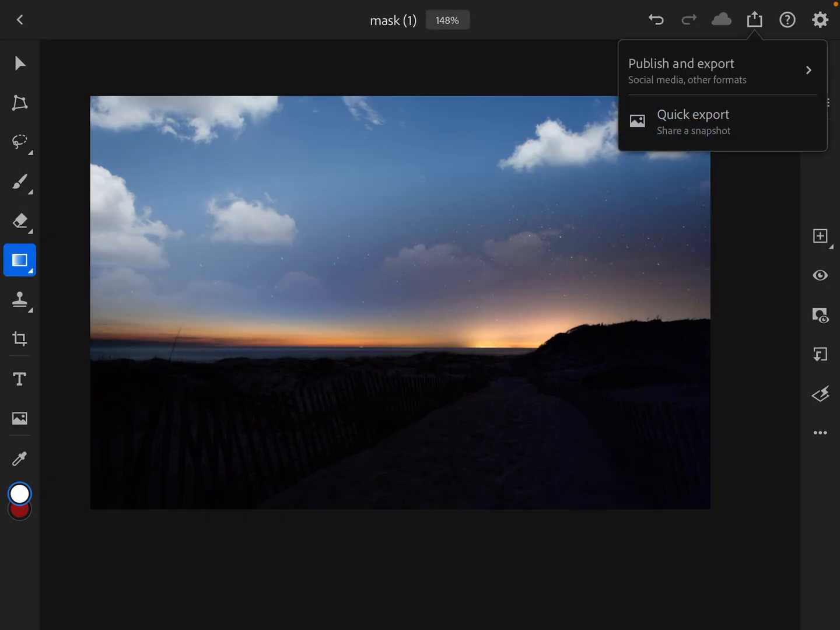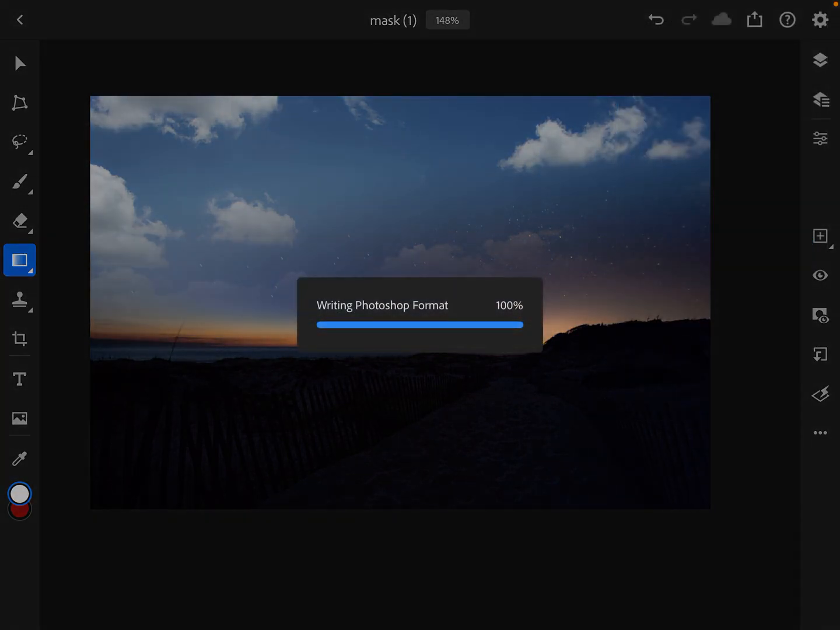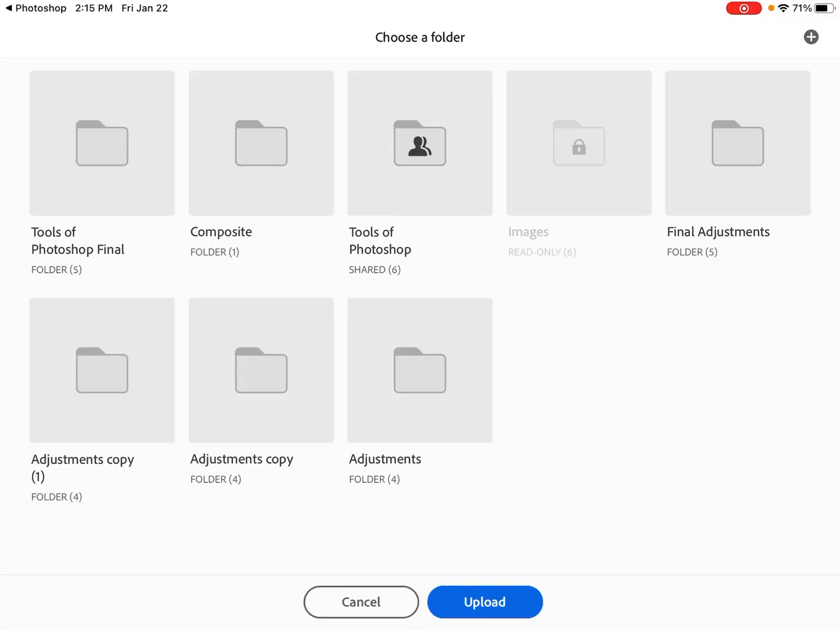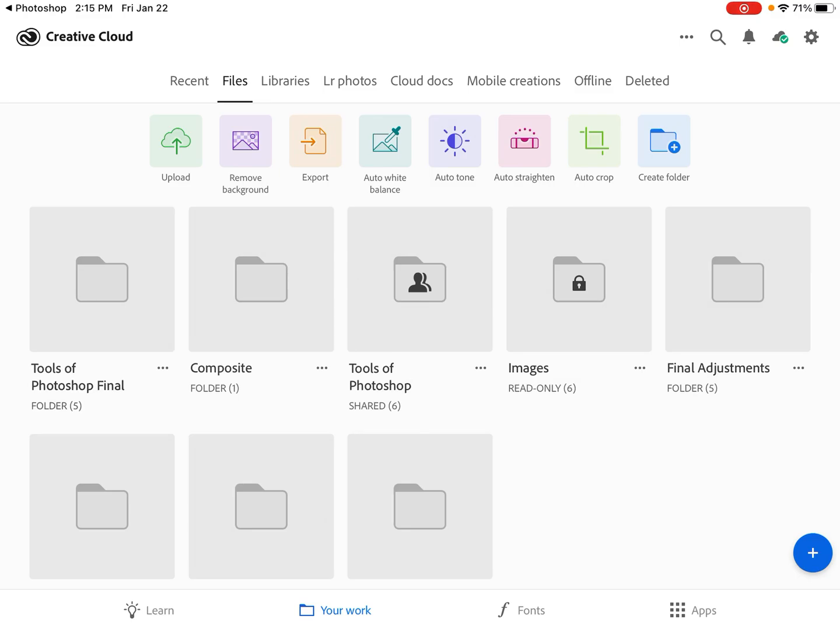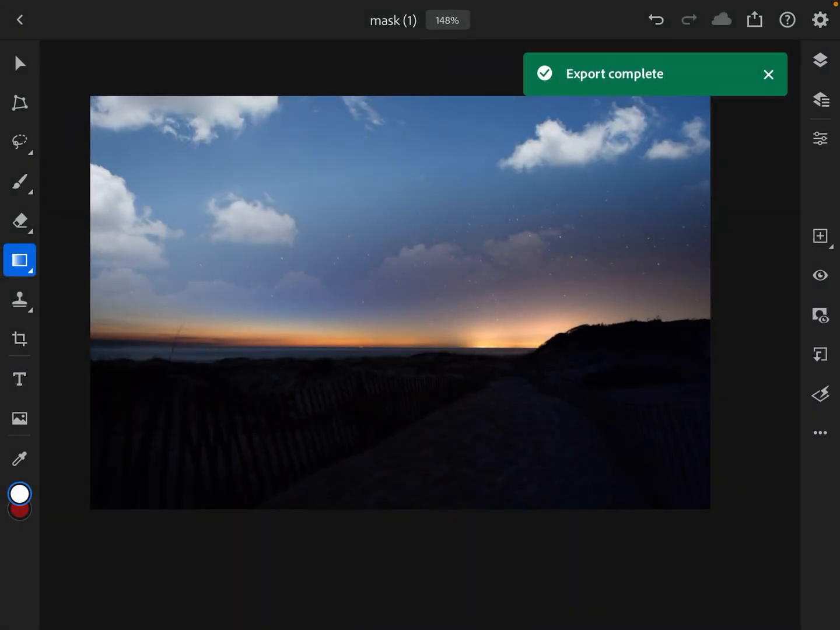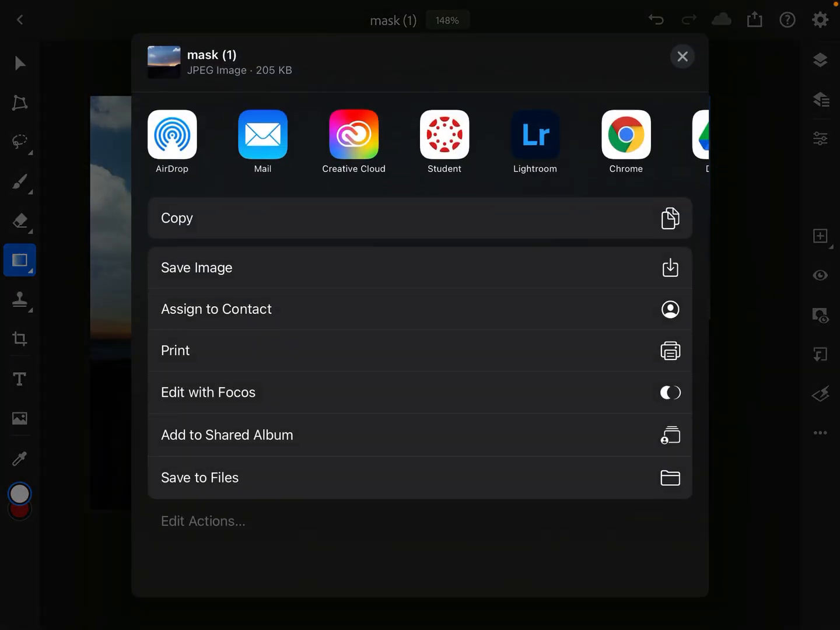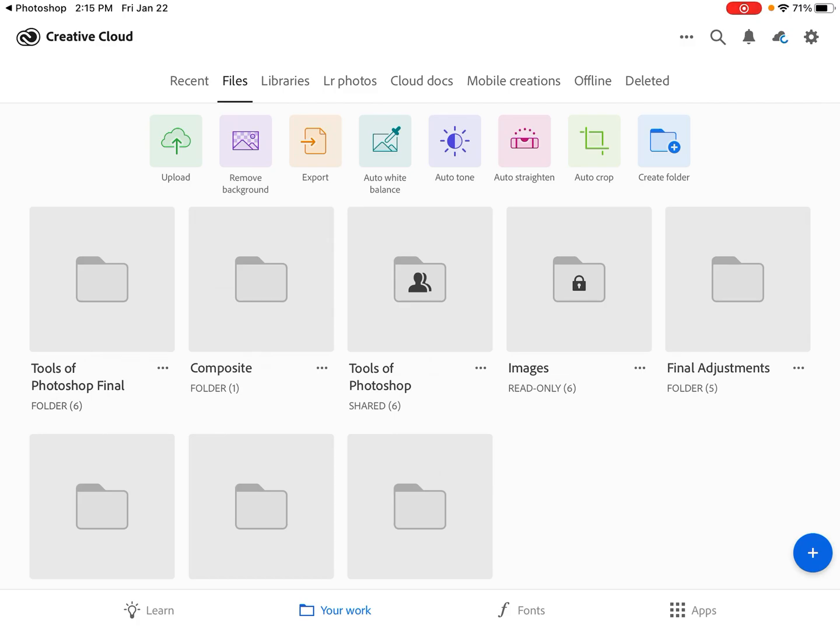So I'm going to share. Again, I'm going to save a PSD version so that I can edit it again if I need to. Put it in the final folder. Wait for that check mark in the upper right hand corner. It's a bigger file now that it has more than one layer. Okay, I'm going to go back and export it one more time as a JPEG. All right, and we're ready to go to